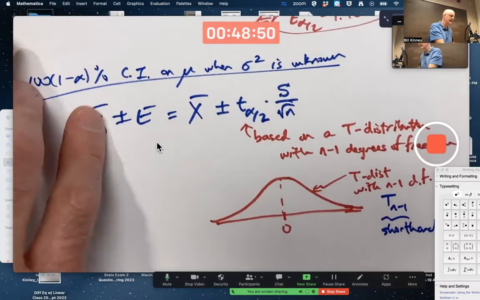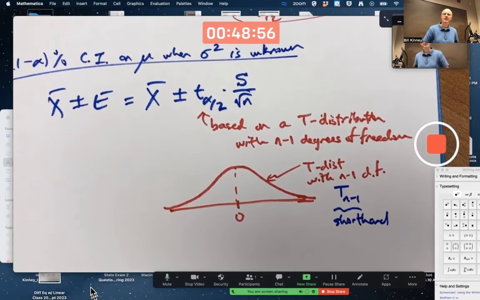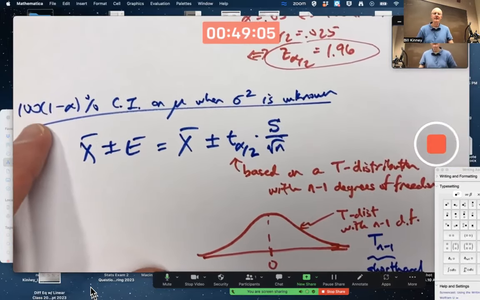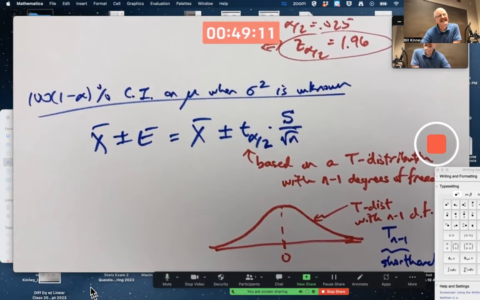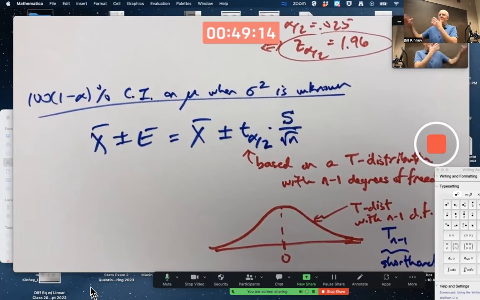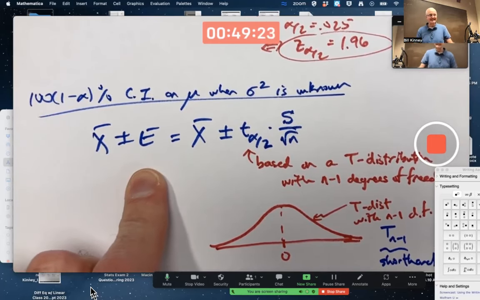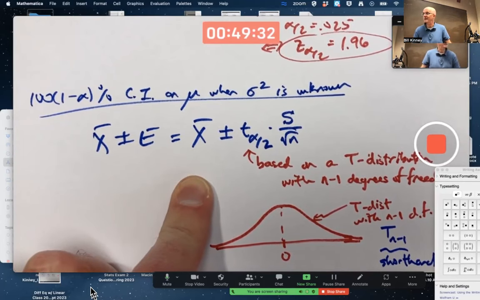But especially for small values of n, you want to use a student t-distribution with n-1 degrees of freedom. Both of these formulas, to be truly accurate in terms of the confidence level, have to be based on the population being normal. Ugh. Oh, but wait a minute. By the central limit theorem, if n is large enough, x bar is approximately normal anyway, and also by robustness, people go ahead and use the formula anyway if n is large enough. How large is large? Most people try to get away with using this formula if n is at least 25.